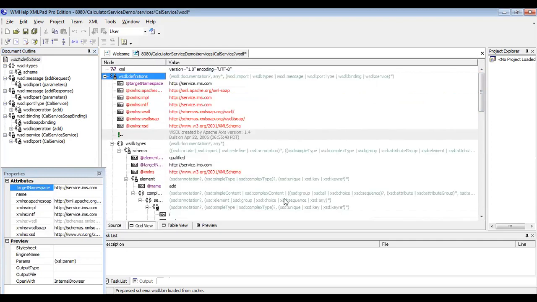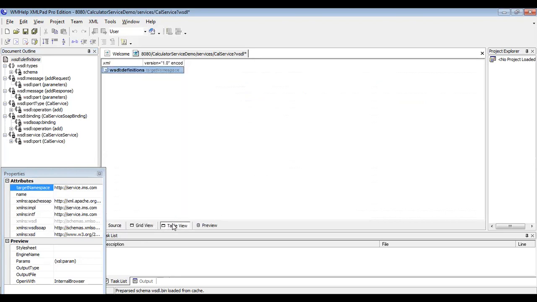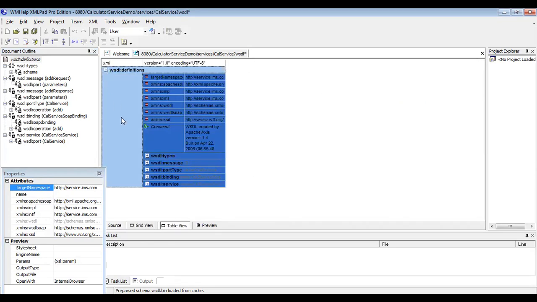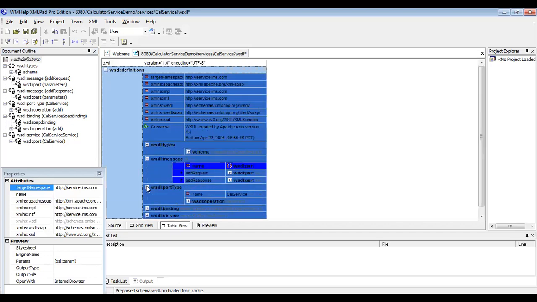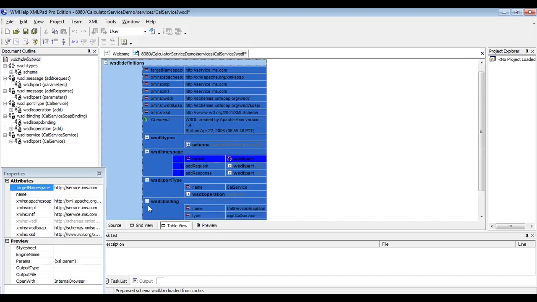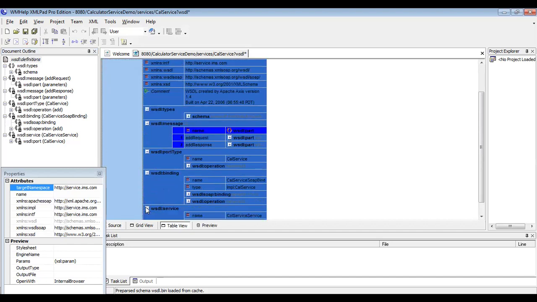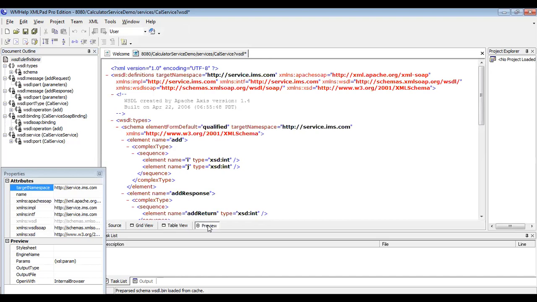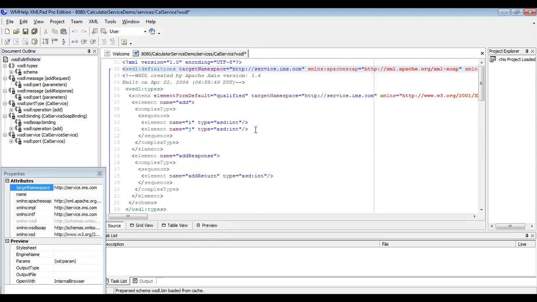So this is the grid view of this XML file. Then you convert it into table view. So see here the table view: WSDL type tag, WSDL message tag, WSDL port tag, WSDL binding tags, WSDL service tag, and this is the exact preview of our WSDL document in Microsoft XML Notepad. With the help of this Notepad, the user is able to edit this particular WSDL file.